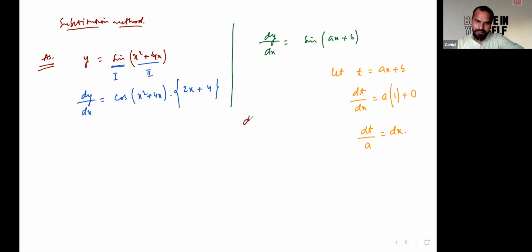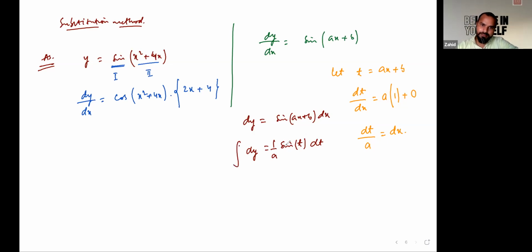So in this particular way, we can write dy equals sine of (ax plus b) times dx. Now substitute all the different values in terms of t in this function. So it will be sine of t, as ax plus b gets substituted to t. And dx from this part would be dt over a. So dy equals sine t times dt divided by a. On substituting, I have made this function a single-variable function.